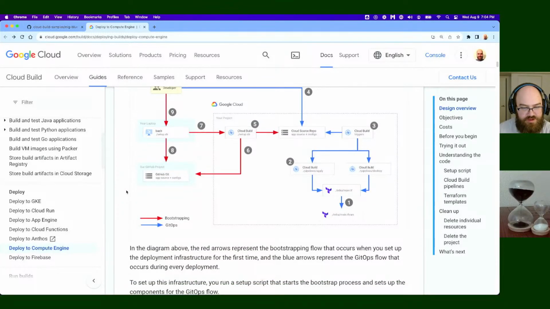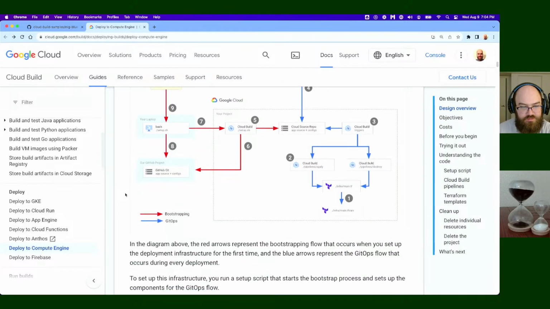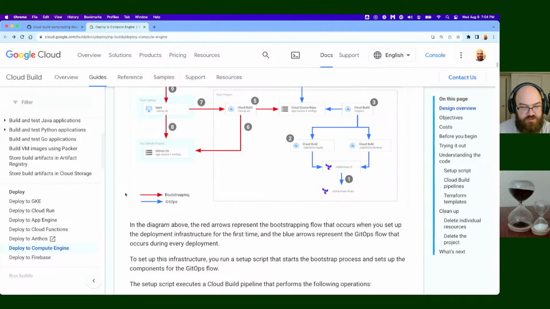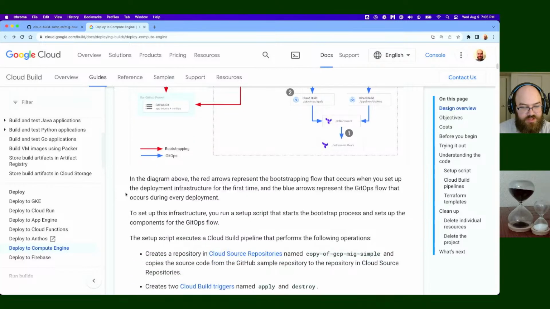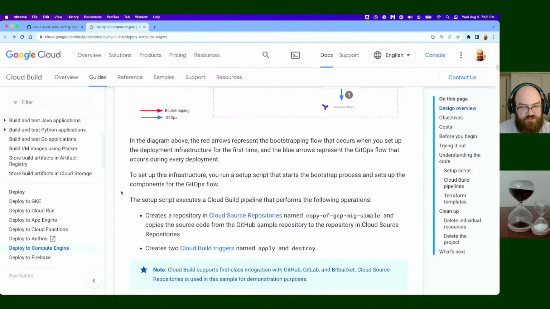In the diagram above, the red arrows represent the bootstrapping flow that occurs when you set up the deployment infrastructure for the first time, and the blue arrows represent the GitOps flow that occurs during every deployment. To set up this infrastructure, you run a setup script that starts the bootstrap process and sets up the components for the GitOps flow. The script executes a Cloud Build pipeline that performs the following operations: